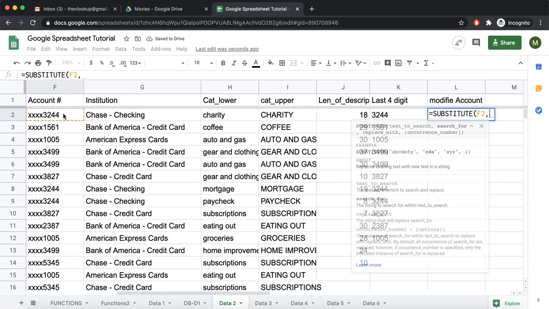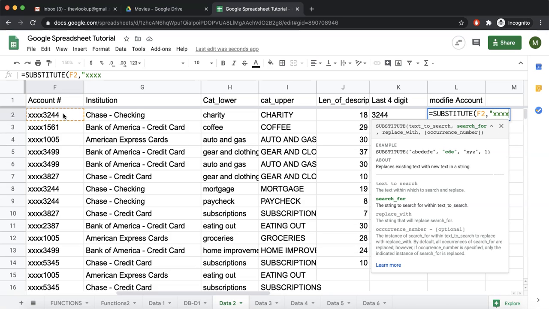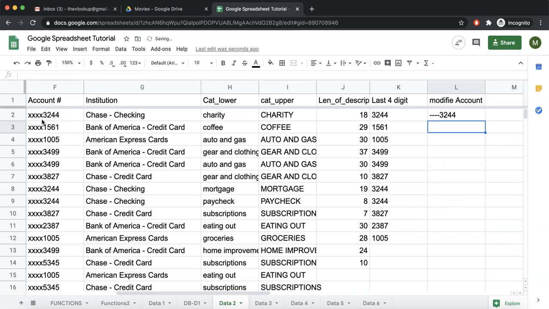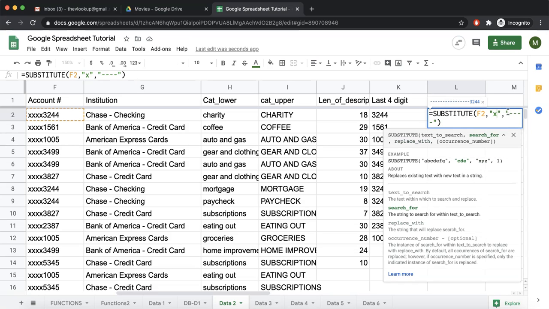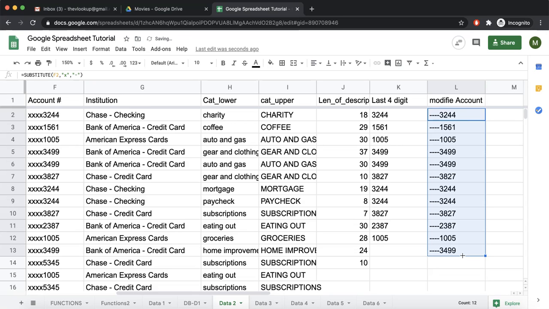Text to search is this. Search for is xxxx and replace this with dash dash dash dash. Now in fact we don't need to do xxxx, we can simply write replace all the x with dash. So it found x at 4 places and replaced all of them. We simply drag this down and we have the account number in a new format.